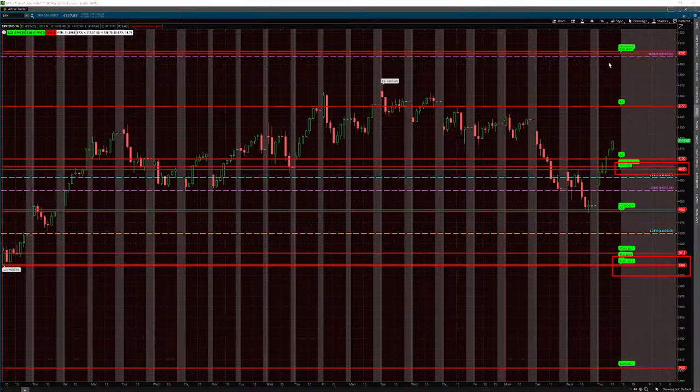And then finally the call wall at 4,200. That's the strike with the largest net positive gamma that can be expected to act as resistance. And note that that dropped from 4,300 yesterday. It made a brief visit to 4,300, which I believe is the short strike of the JP Morgan collar that expires in June. And now it's back at 4,200, where the SPX call wall has been for some time. So those are the primary levels: the put wall, the key gamma strike, the volatility trigger, and the call wall.